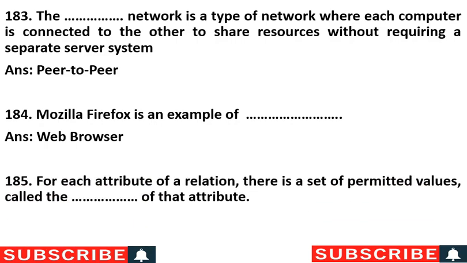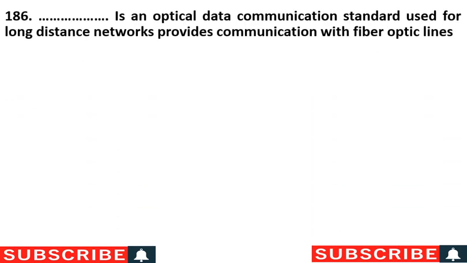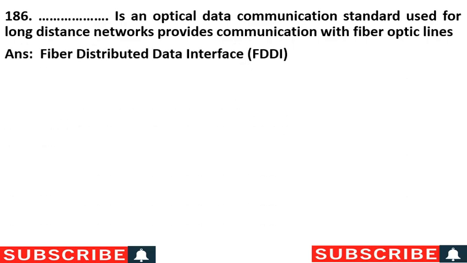For each attribute of a relation, there is a set of permitted values called the dash of that attribute. Right answer is domain. Dash is an optical data communication standard used for long distance networks, provides communication with fiber optical lines. Right answer is fiber distributed data interface. So fiber distributed data interface is an optical data communication standard used for long distance network, provides communication with fiber